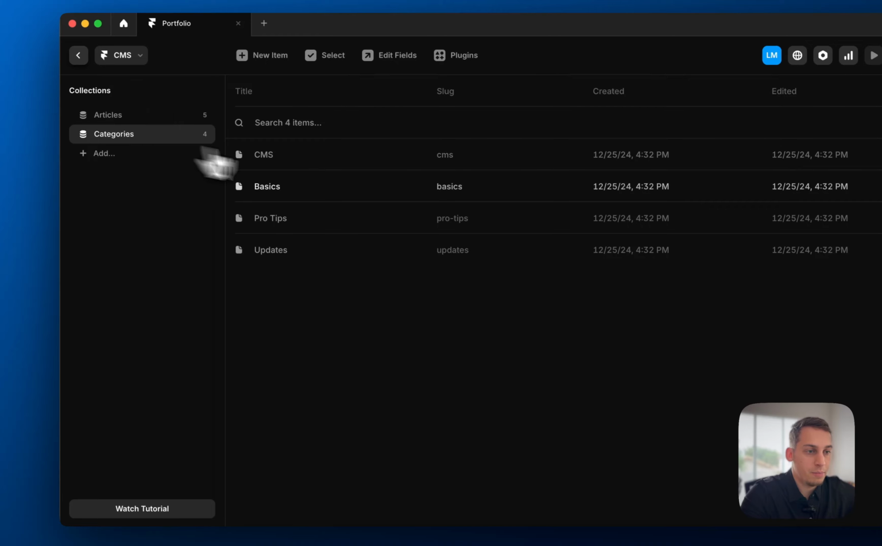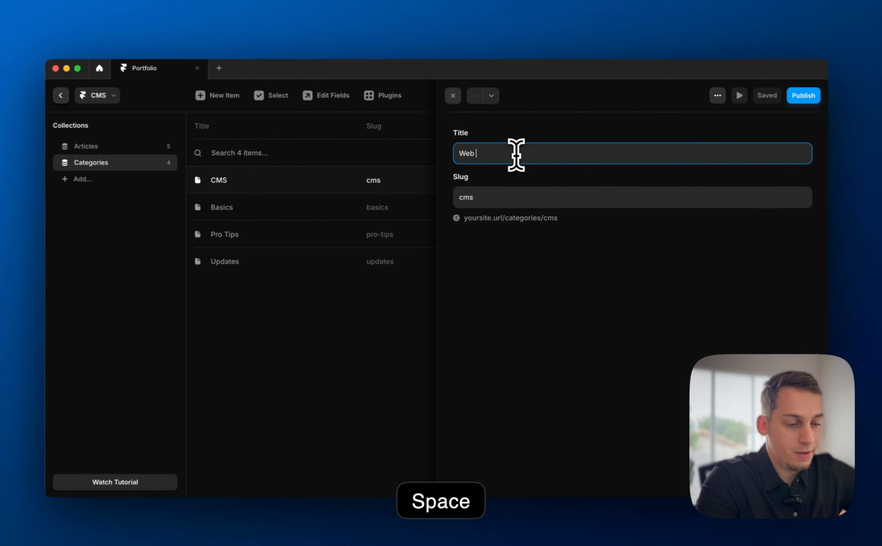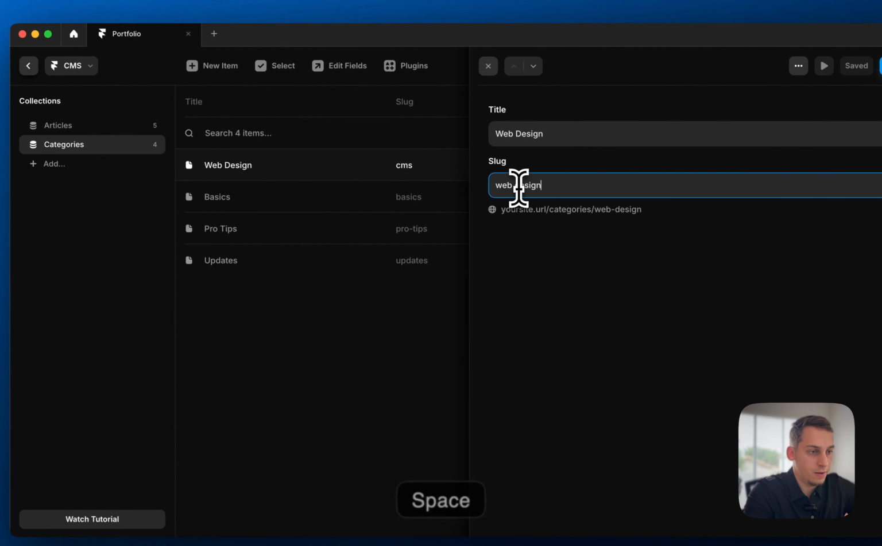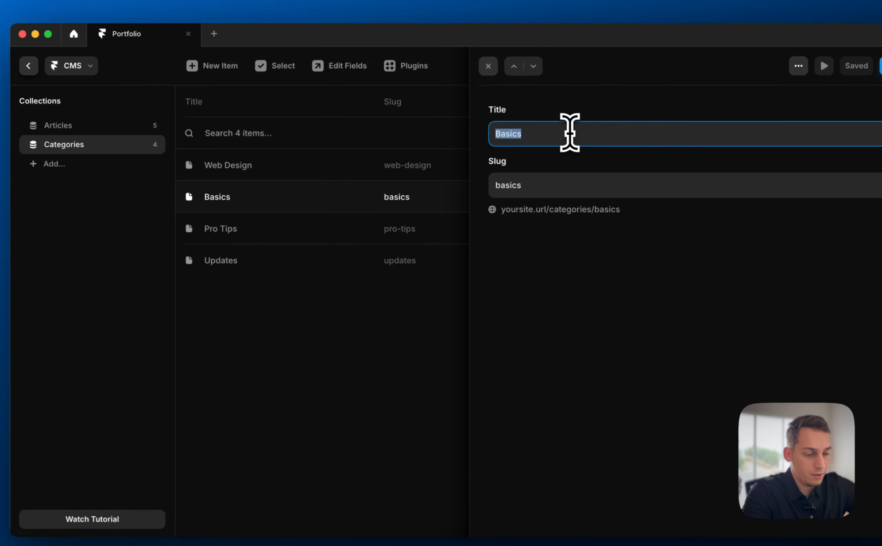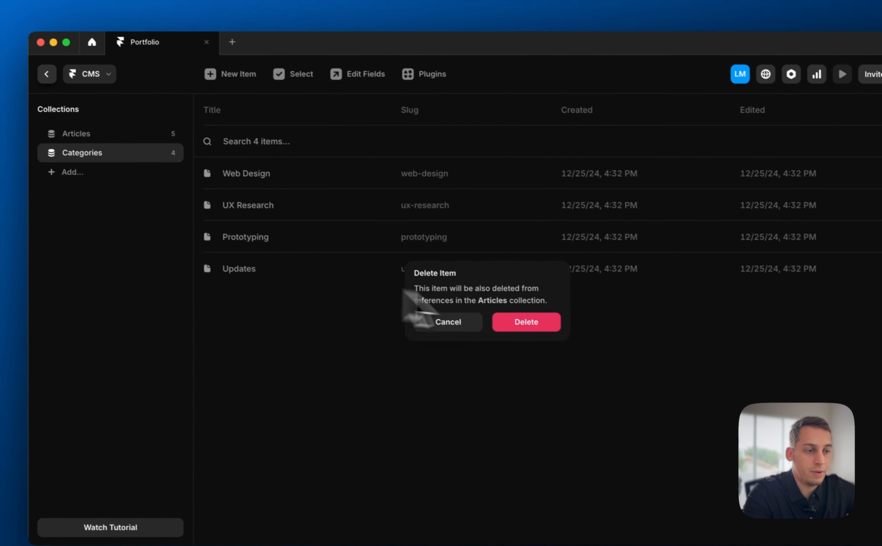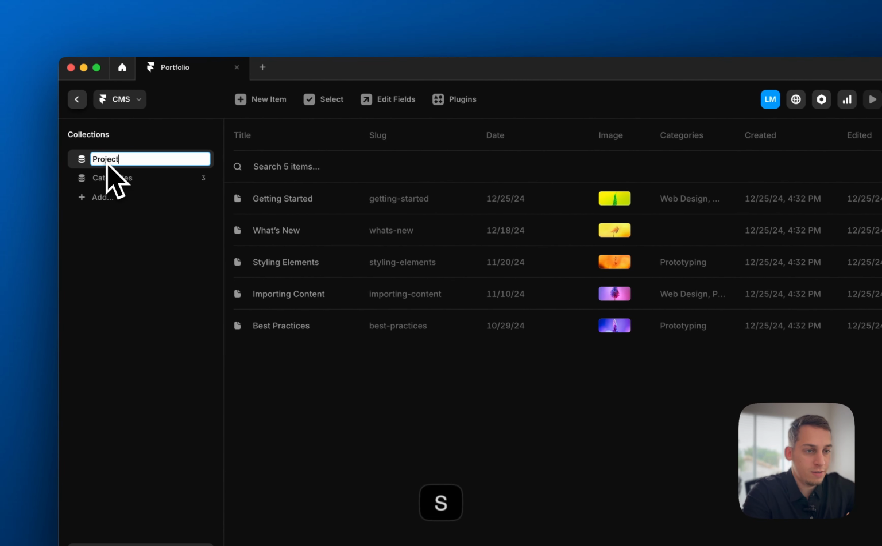and we have, for example, different categories. We can call this like web design, we can call this like UX research, and we can call this, for example, like prototyping, and we can delete this one. So just by right clicking and clicking on delete. So we have like three main categories, and then we can rename this to projects, and these are going to